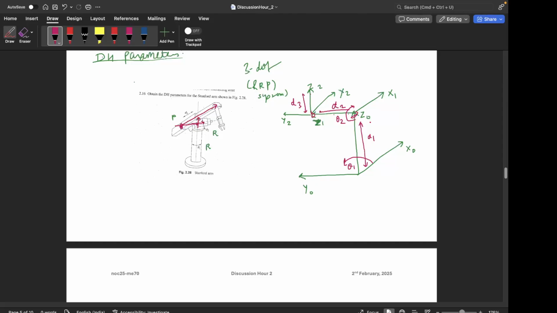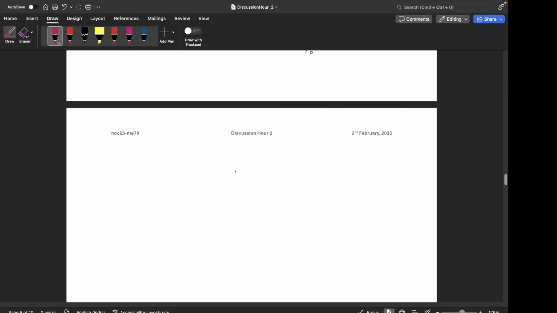So all three joint axes are intersecting. So what we should conclude from this is that once the joint axes intersect, then the link length parameter, that is A, becomes 0. Okay, so if we draw the tabular form in which we fill the DH parameters,